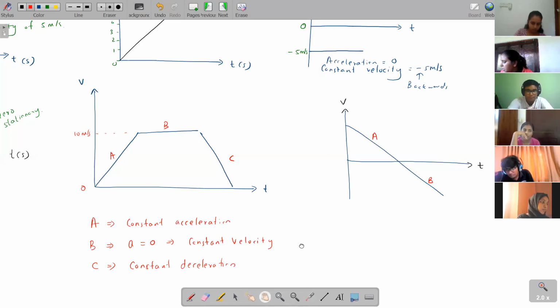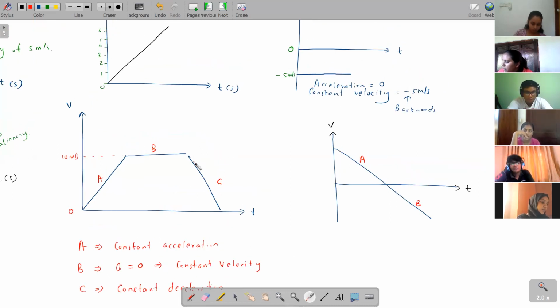Now in a displacement time graph, do you remember? When this line comes down, it means you were coming back, you were moving back, right? But in a velocity time graph, children, when you have a line coming down, does it mean you're moving back? So these are the key things you need to understand. If you don't get these things, then you will have a big problem in the exam. Get these key things into your head properly.